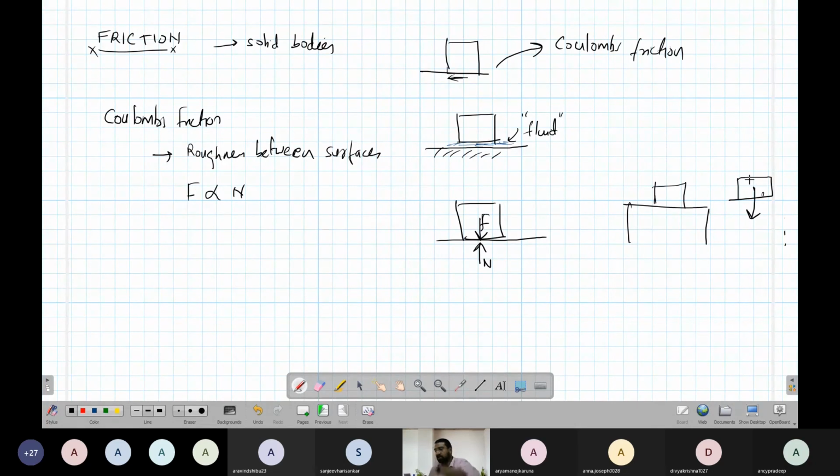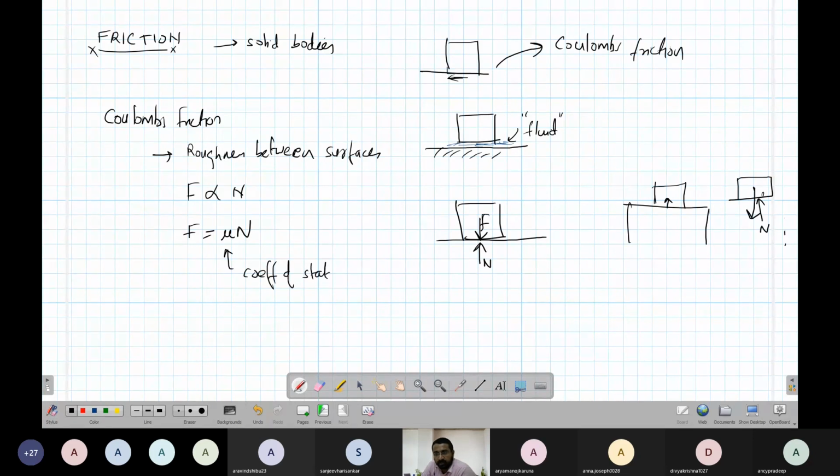Because there is gravity acting like this, but my box is not moving. And opposite to the gravity, the table applies a force on the box like this. So that is what is known as normal force. Okay, so the friction between these two bodies is proportional to the force which the surface is exerting on the body. That is, the normal force. It is basically equal to mu times N, where mu is the coefficient of